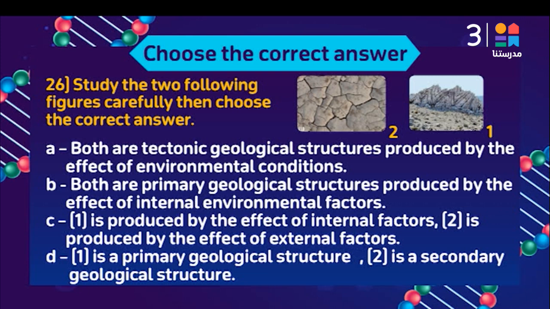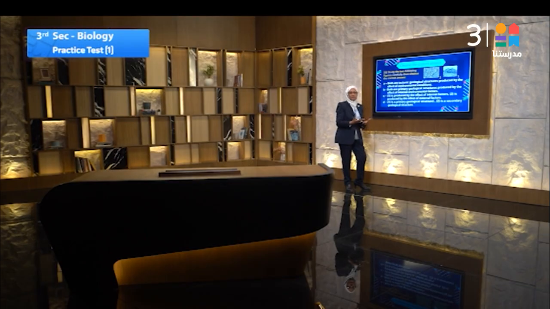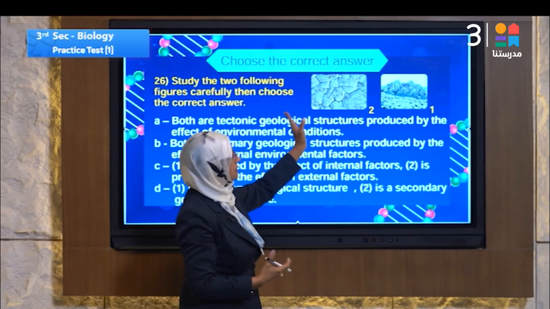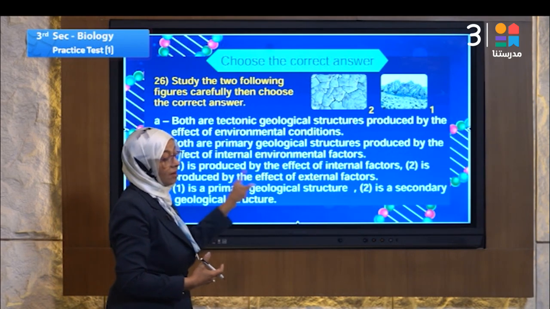This question must be studied carefully because we are in an English exam. Here, he put number 1 at the right side and 2 at the left side, so we must study the number of the figure